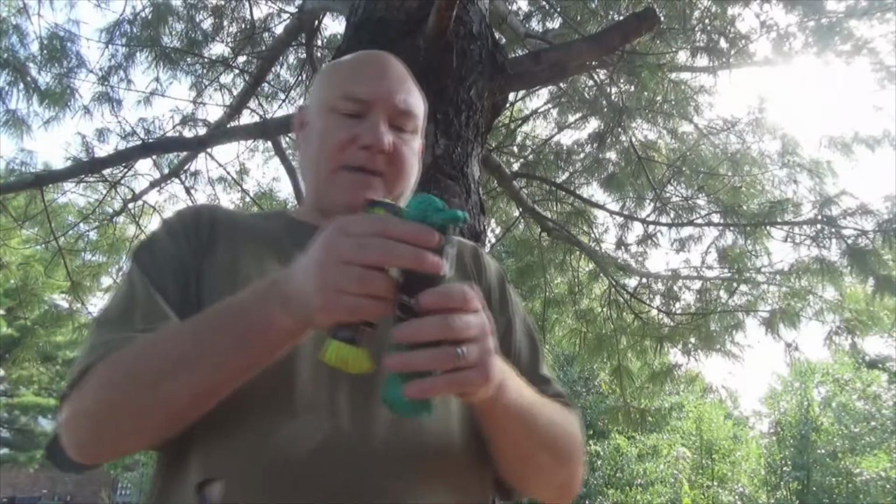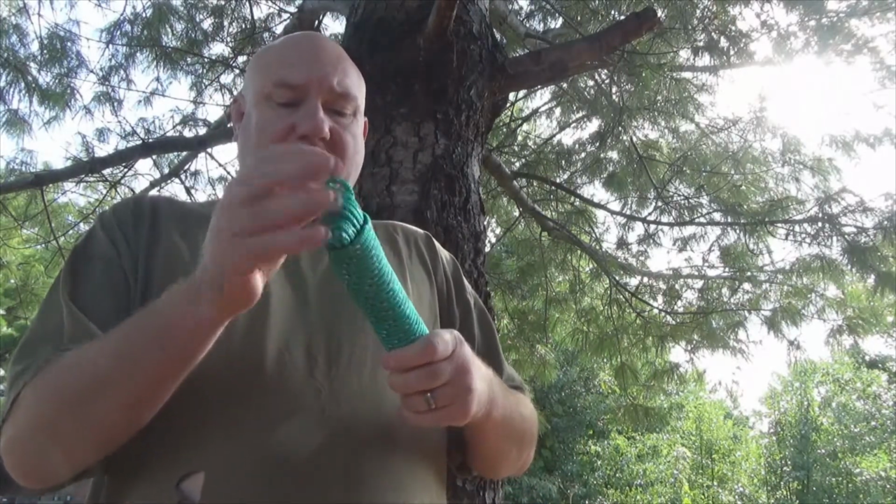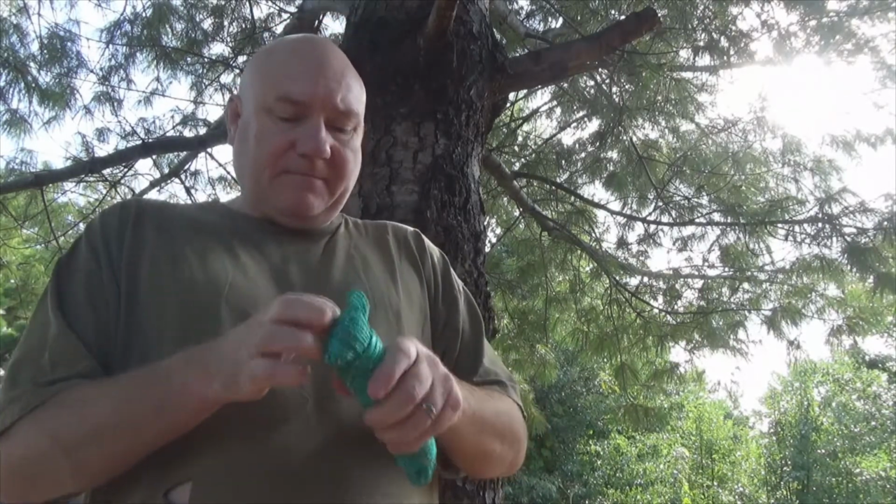Okay, so let's begin by first taking this 40 feet piece of cordage, and we'll just set down the 25 feet paracord, stick it in my back pocket real quick. All I'm going to do is unravel this stuff, and when I do that, get the bug off of me. We'll begin by taking each end of the 40-foot rope,